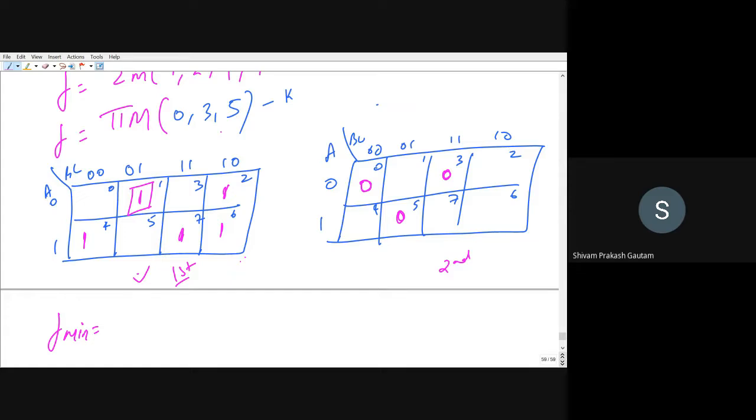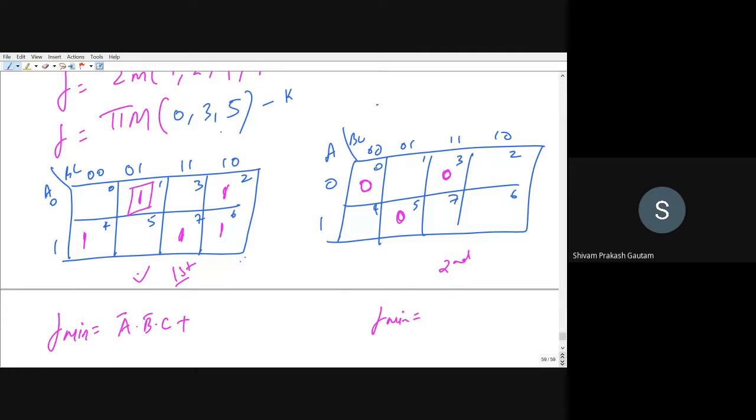And now tell me what is the common variable. A is common, and A bar is there. We will write A bar because A is 0, right? Multiplied by B and C, 0 and 1, so this will be B bar C plus. Any doubt at this point? We will write it here as well.